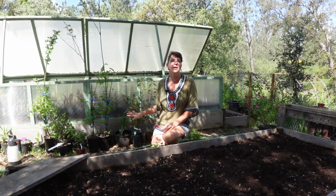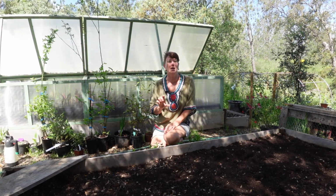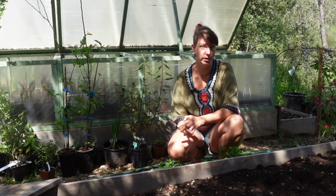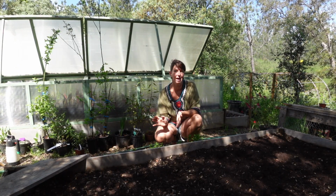I have my blueberries behind me. I have a tea bush, which is going in here as well. And I have a little lingonberry. Blueberries and the other plants that I'm going to put in the bed here all like acid, or ericaceous, soil. I've tested the soil here in the garden, I've tested the soil all over the Wildlands, and it's just